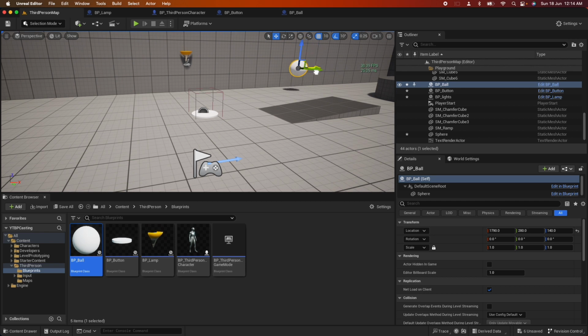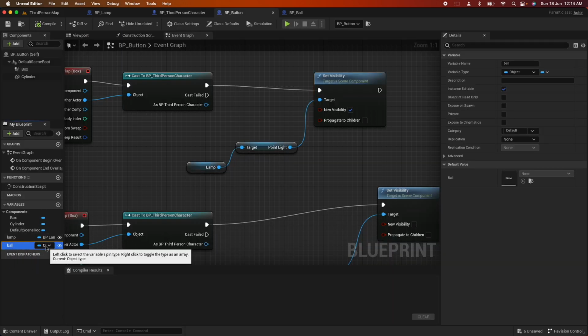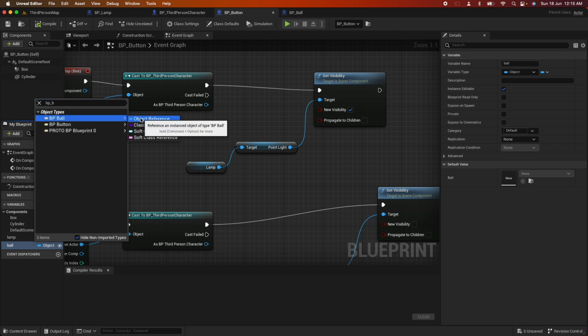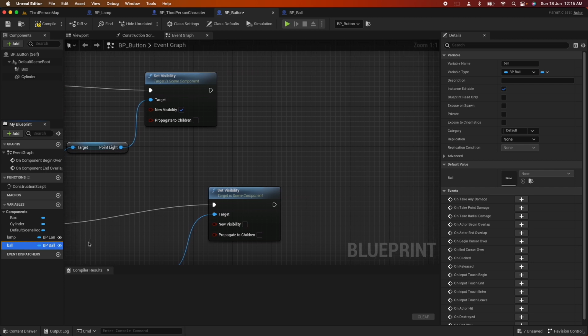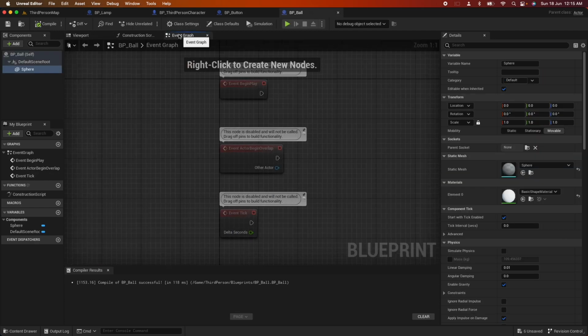Cool. Now that we have that, we want to have a reference to that ball. So if I go back here on my button, which I actually already have a variable here, let me just change the type to BP ball. Cool. Now we have access to that BP ball, and I'll also make that instance editable. So when I do this and say get ball, and let me quickly save that, jump back to the ball, let's add something on the event graph here,